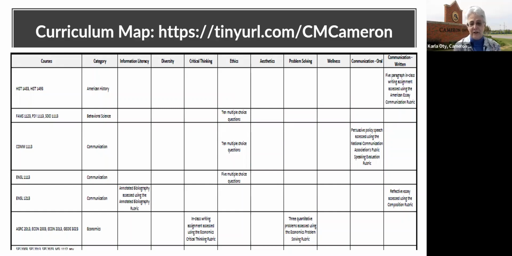So for the problem solving, they did work together to get their problems. They use the same rubric, but we don't get involved in the content. So the problems are different between agriculture, econ, and economic geography. But they did work together to have like an easier problem, a harder problem, and a harder problem, and the same types of problems. But again, the General Education Committee doesn't really get involved in what the actual problems are. So that's just a little bit of background of how we arranged our general education.